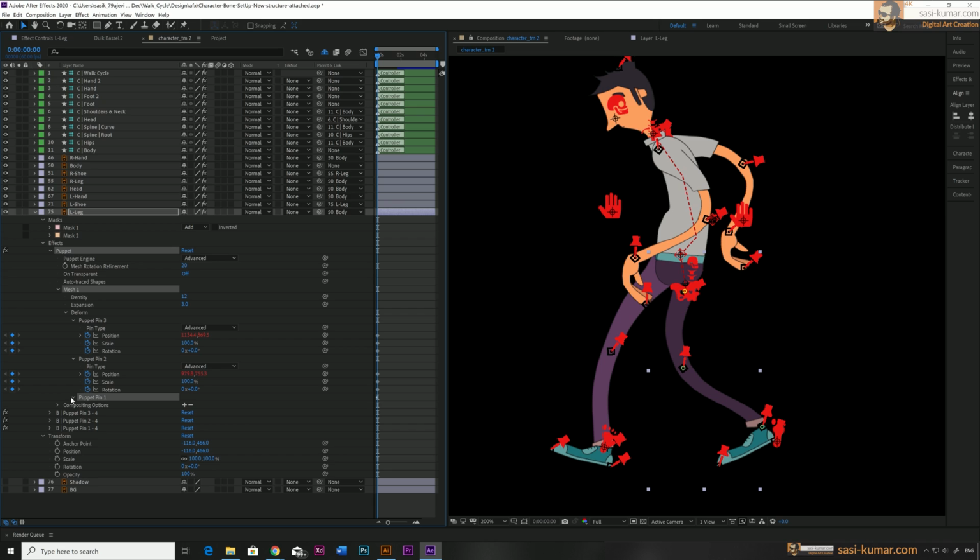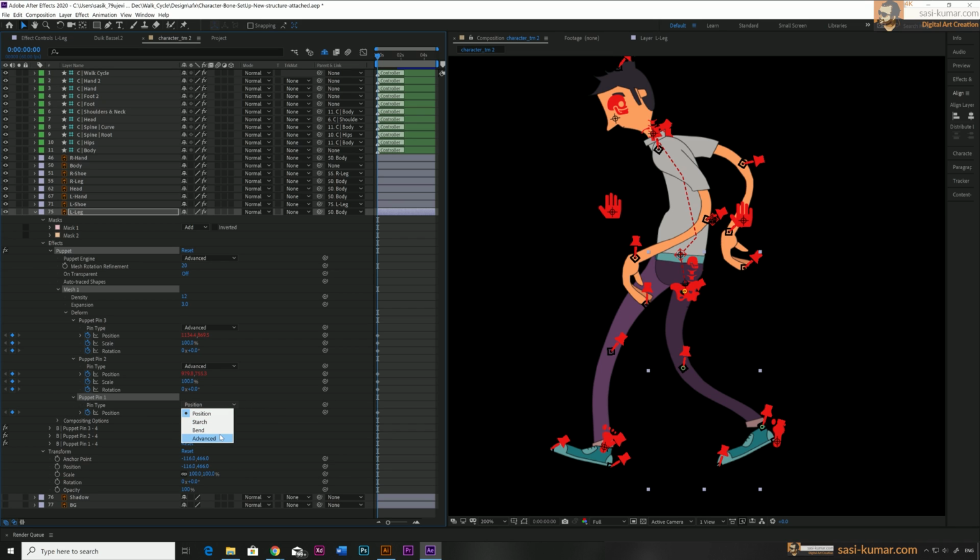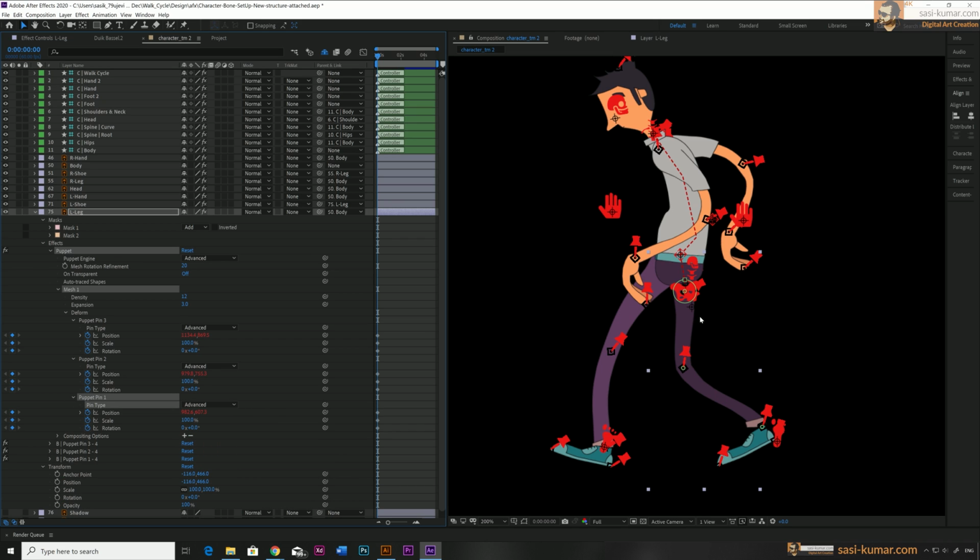So once you change, you will see there is a green circle appearing here. So you can increase the size or rotate in here. You can also keyframe them by moving these in here. So you can make proper, actual shapes by changing these settings. But for this animation, I'm just going to change all of these puppets to advanced.